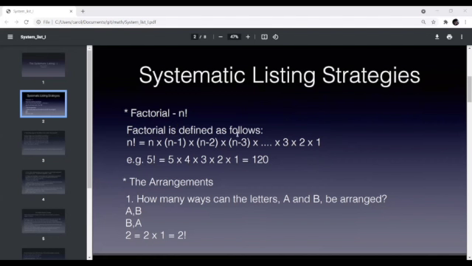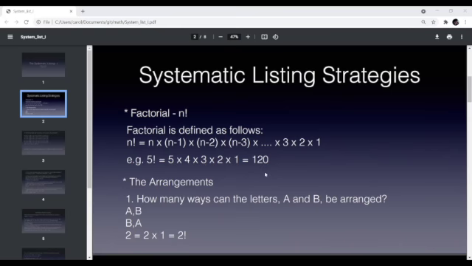Systematic listing strategies. Factorial is n and then the exclamation mark. Factorial is defined as follows: n factorial equals n times n minus 1 times n minus 2 times n minus 3, and so on until times 3 times 2 times 1, all the way to 1. Example: 5 factorial equals 5 times 4 times 3 times 2 times 1 equals